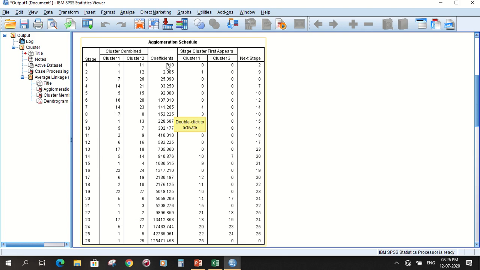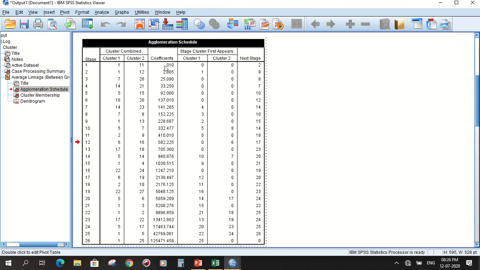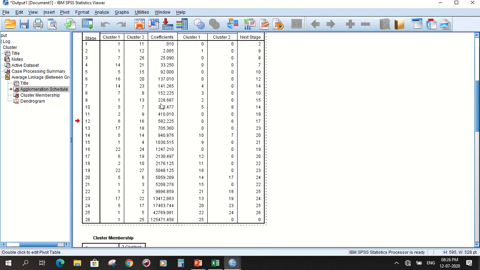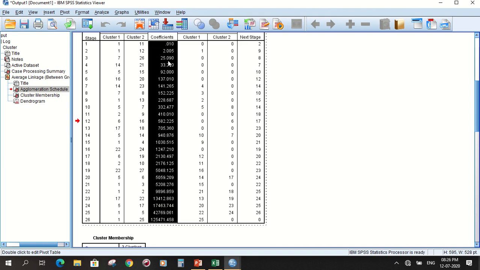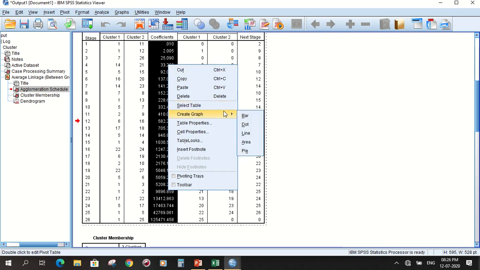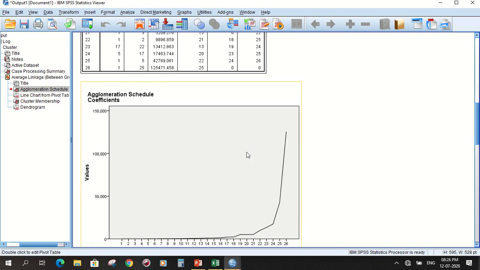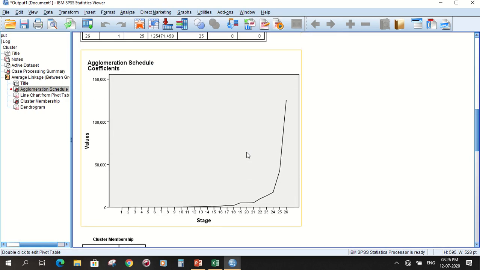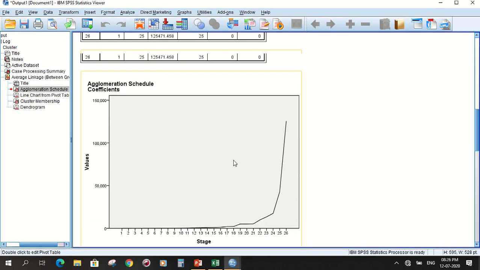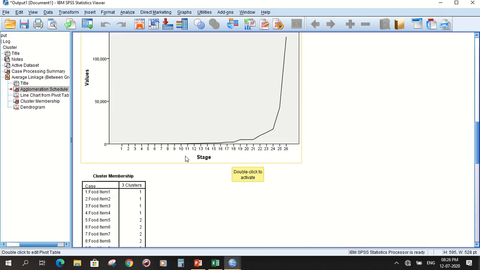We will select this and draw the line graph. Okay, so this is the line graph of the coefficients. We observed that up to 24 food items the difference is very low.